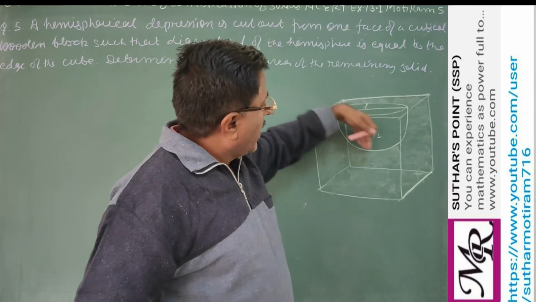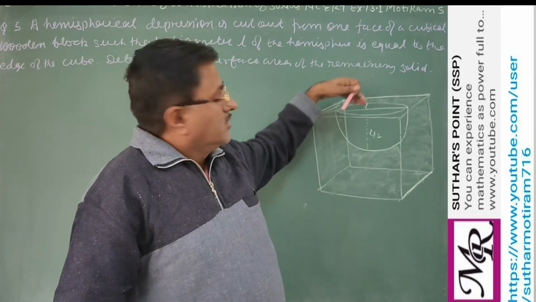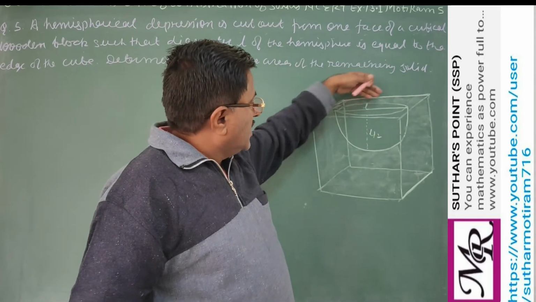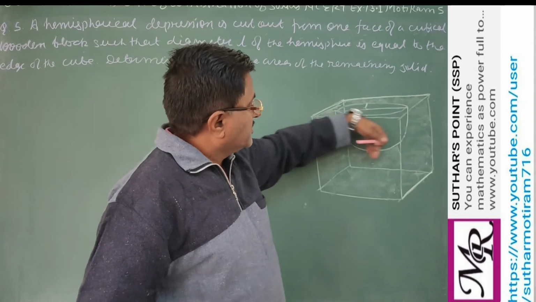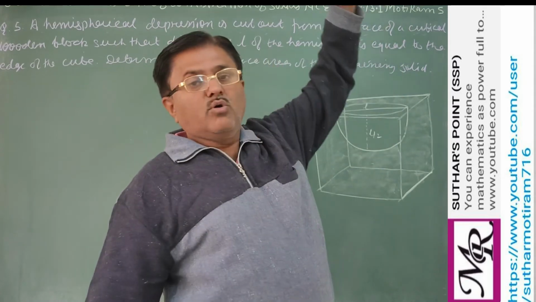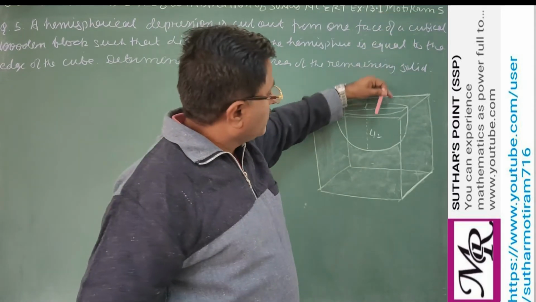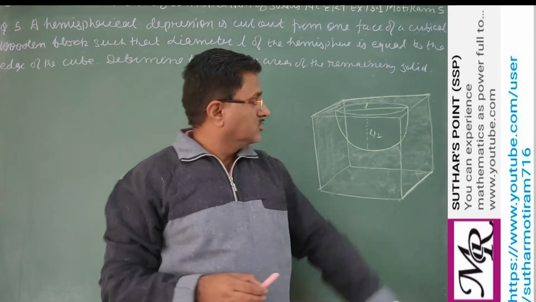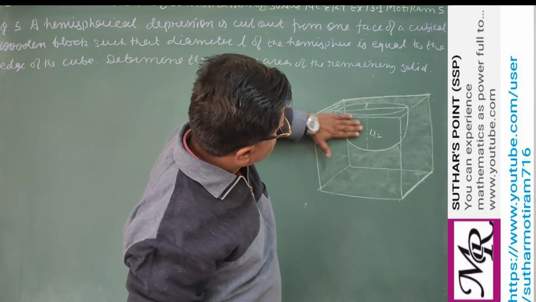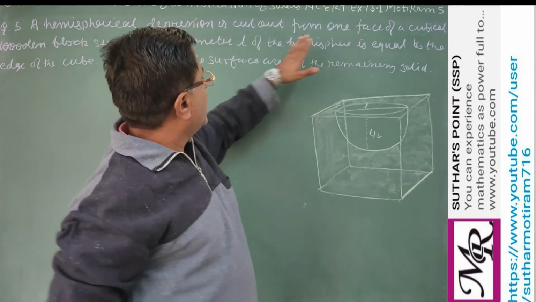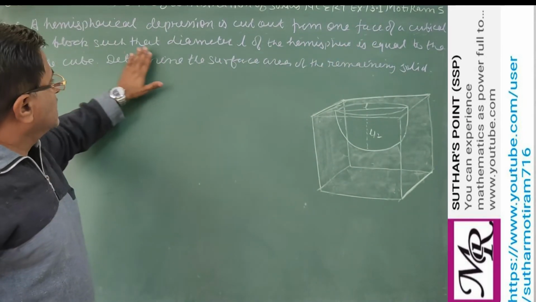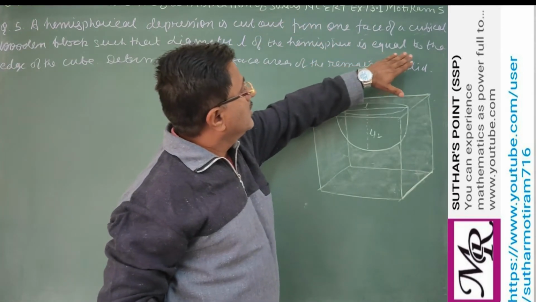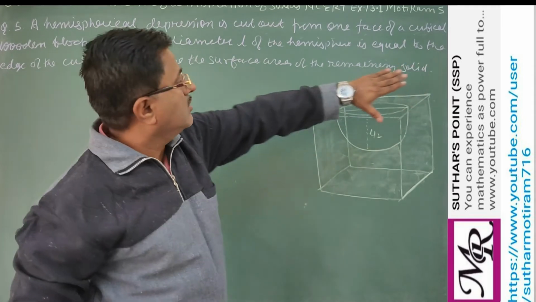We have cut this wooden part and taken material out from it, in the form of a hemisphere. You can see in the figure, this shaded portion is wooden material, and from this we are taking out this depression. Depression means you are making a hole in it, that is the shape of it. So we take out some wood, and there is a vacant place in this. Clear?